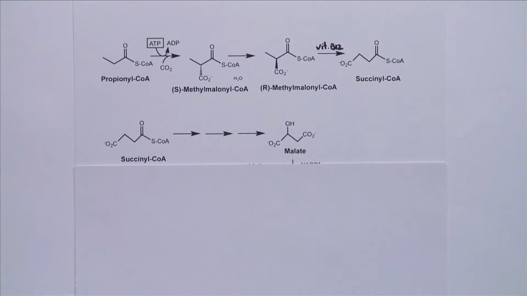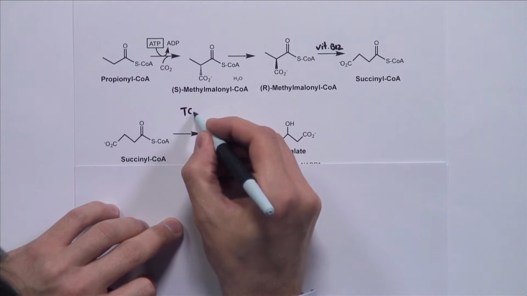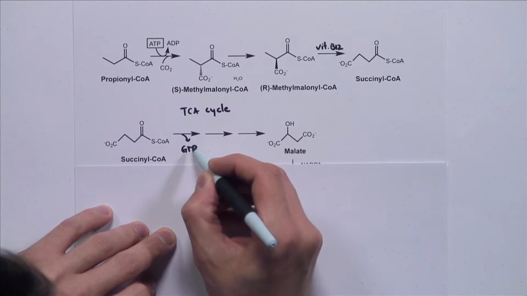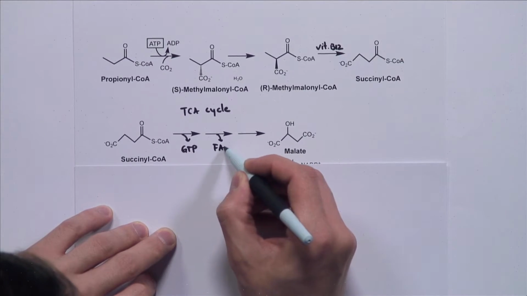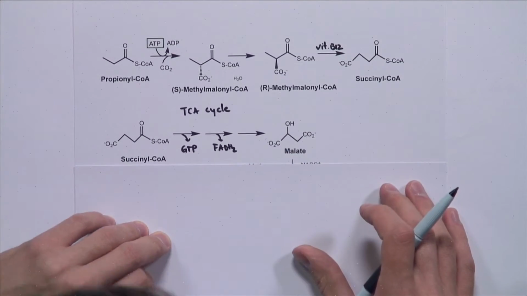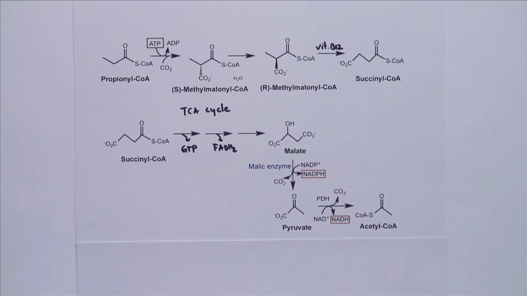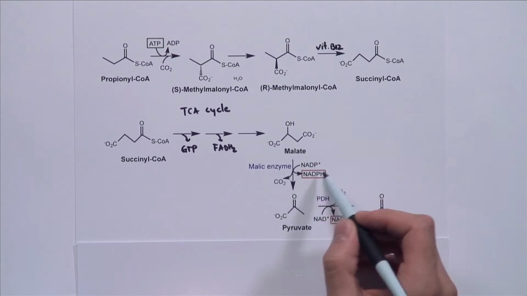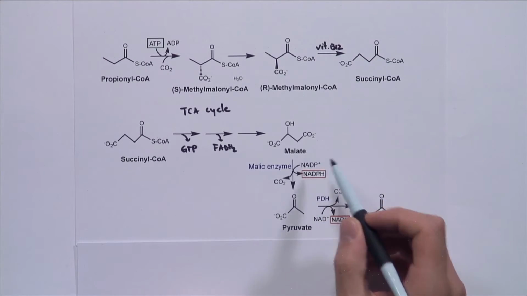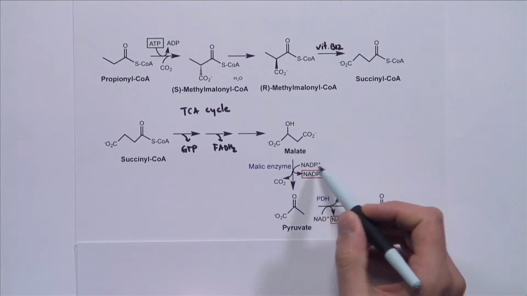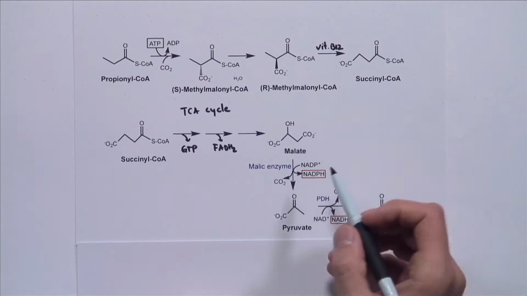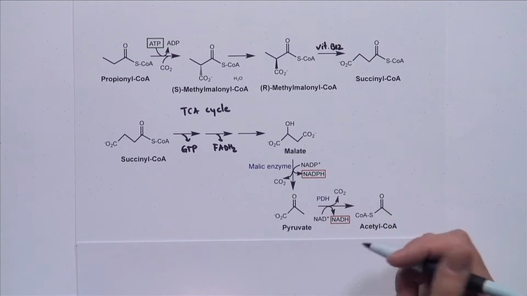So to summarize what happens in the TCA cycle, succinyl-CoA is going to give us a molecule of GTP and then one more molecule of FADH2. And it's going to make it to malate, and then malate is going to be converted to pyruvate using the malic enzyme. Now, this is an oxidation and decarboxylation that happens in one step. For the oxidation, we're going to need NADP instead of the usual NAD. So we're going to generate one molecule of NADPH. Now, for the purpose of this problem, we're going to treat NADPH as equivalent to NADH.